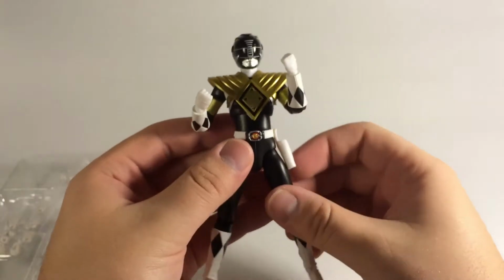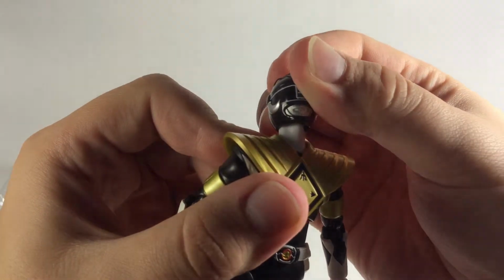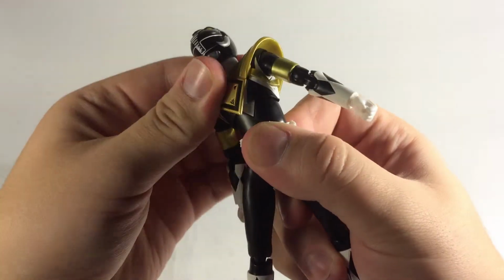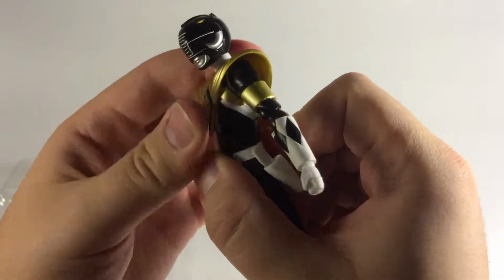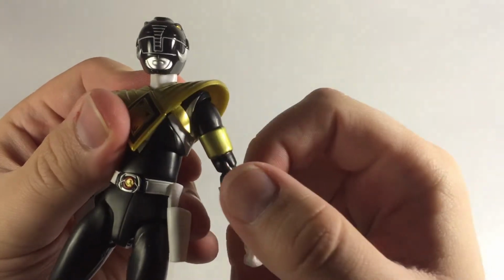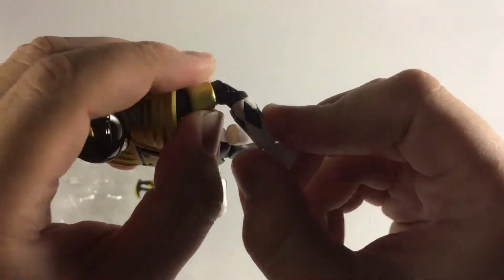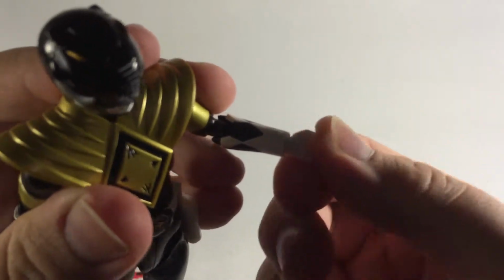As for articulation, it's very standard S.H.Figuarts. We'll start from the head. The head and neck have a double ball joint, so you got some good action in there. We've got an ab crunch, but he can't really go forward too far, but he can go back a good bit. We have shoulders on a double ball joint sort of system with the little shoulder cover in there to hide the joint a little better. We have a double jointed elbow. Boop, boop, boop, boop. And the double swivel ball joint style